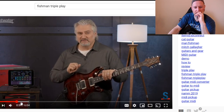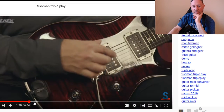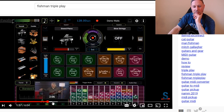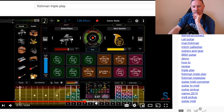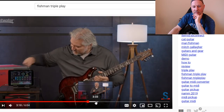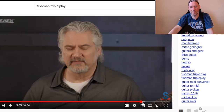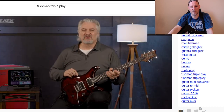I didn't have to adjust a single parameter for a variety of the different response characteristics, but it really is as easy as plugging in, like that. And that's the height of the pickup. You want it as close to the strings as possible without touching the strings. Here's some. Oh, that's cool. A piano sound. To set the region of the fingerboard where we want the sound to be, to do that, we simply click here. And now we can choose, for example, to have sound 1 on the top 4 strings and sound 2 on the bottom 4 strings. Cool, it splits. Or different variety of parameters for shaping each of the sounds. For example, and I'm finding the Triple Play Connect works extremely well. For Sweetwater's Guitars and Gear, be sure to...